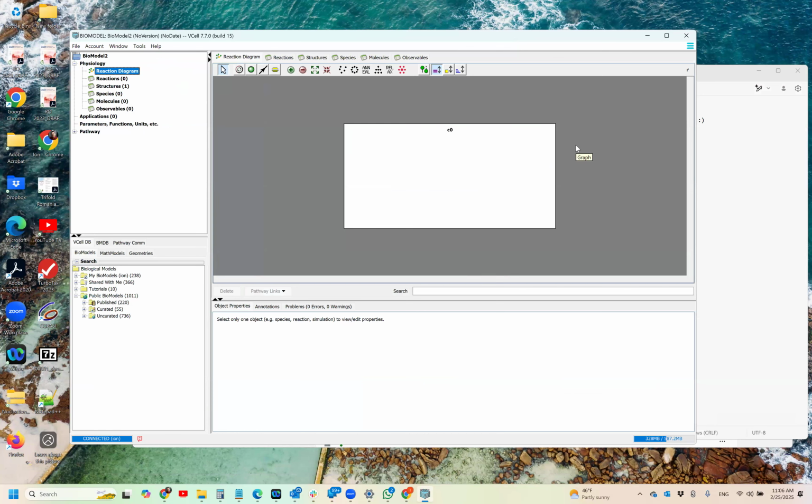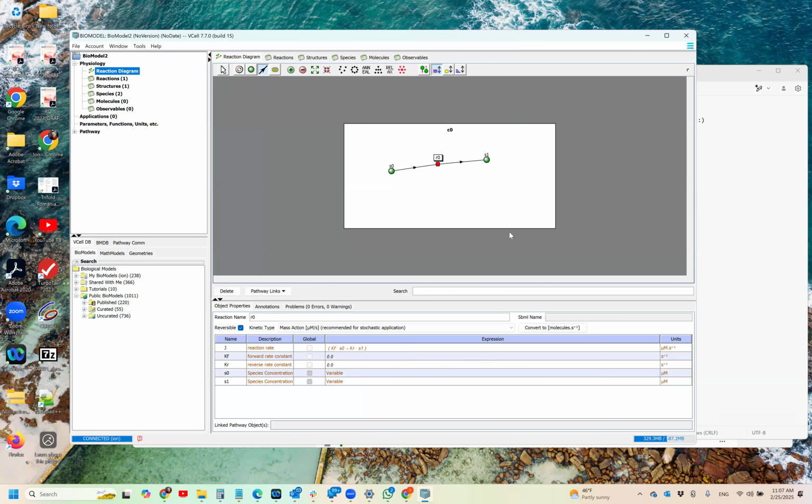So let's just build the most basic model where we have some component, some species S0, converted into species S1. For example, this could be a simple phosphorylation reaction. Now, if we want to look at the phosphorylation reaction, you could simply say that this reaction has a kinetic